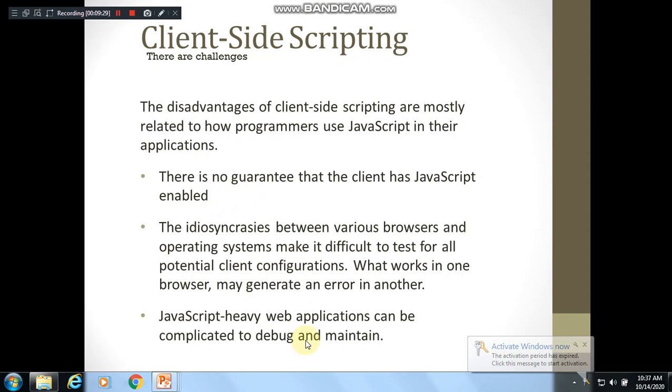The other challenge is that heavy web applications cannot be executed on the client side only, so it becomes complicated to debug and maintain. So we'll see the rest of the part in